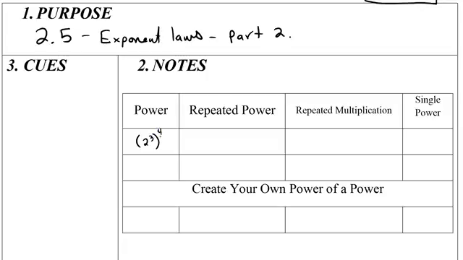Oh boy. So as a repeated power, I know that 2 to the power of 3 is raised 4 times. So I would say 2 to the power of 3 times 2 to the power of 3 times 2 to the power of 3 times 2 to the power of 3. As repeated multiplication, whew, that's a lot of 2's. 1, 2, 3. I did what I said I would do. 2, 3, 4, 5, 6, 7, 8, 9, 10, 11, 12. No, not 12, 2. So if I were to express that as a single power, I would say 2